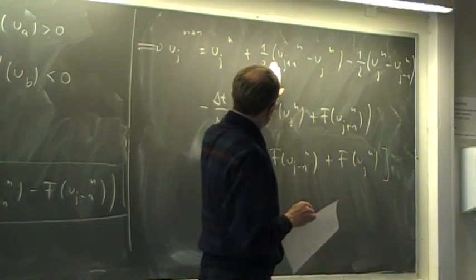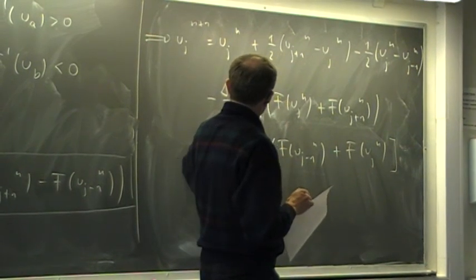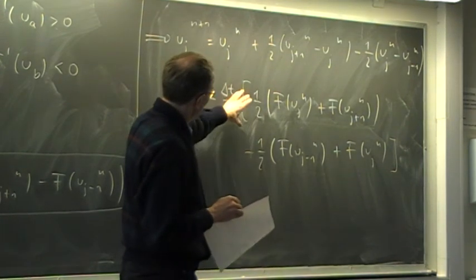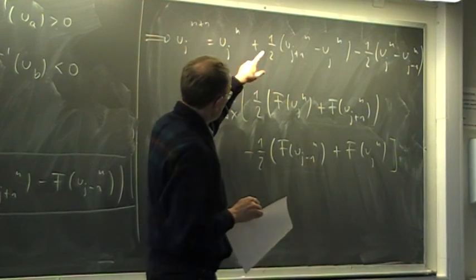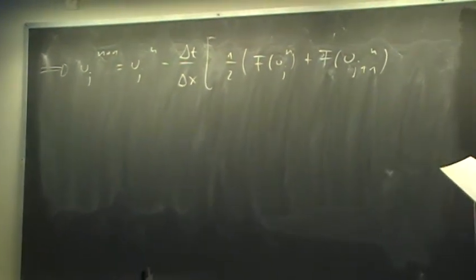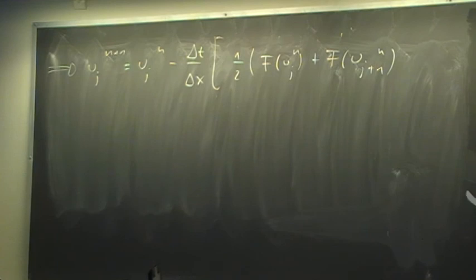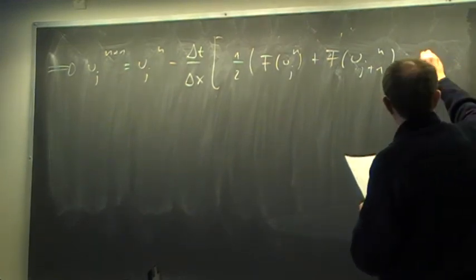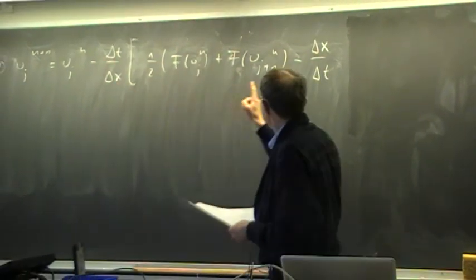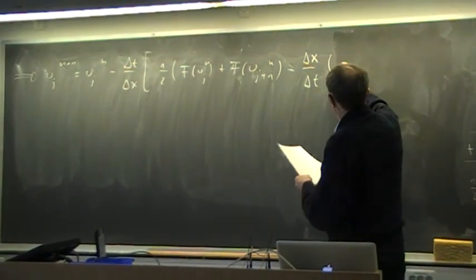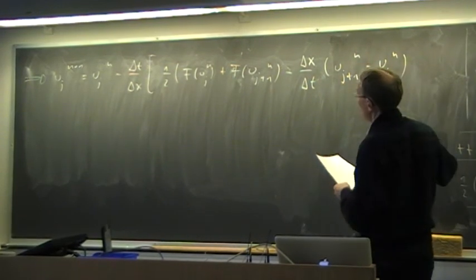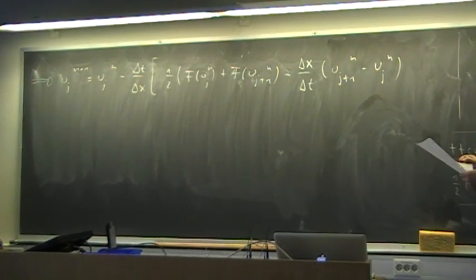So we see here we have the 1/2, and if we factorize, we have to multiply with the delta x over delta t, such that this multiplication gets 1. And then we have here just to add u_(j+1)^n minus u_j^n. So that will be the flux at j plus 1/2,